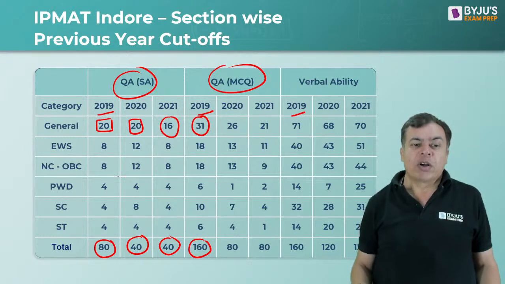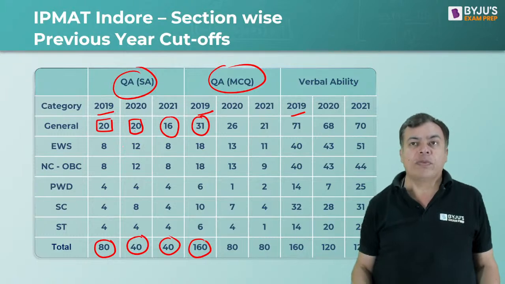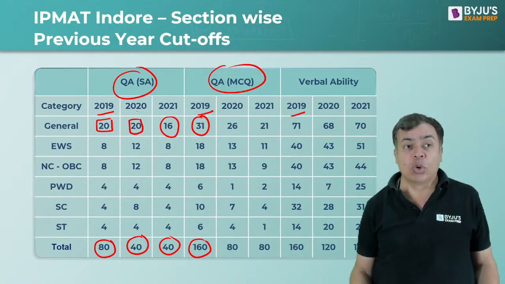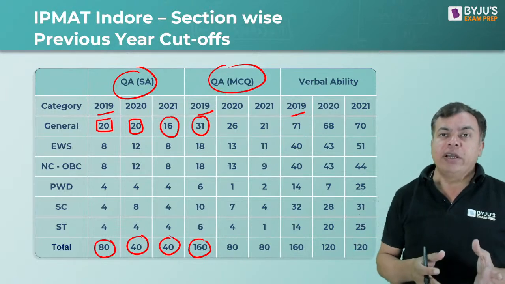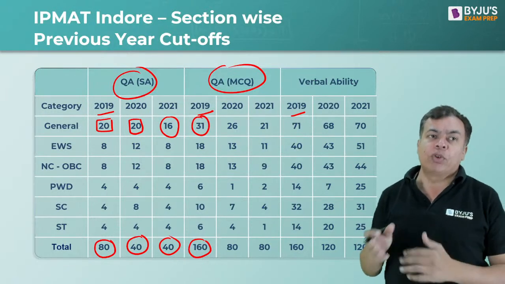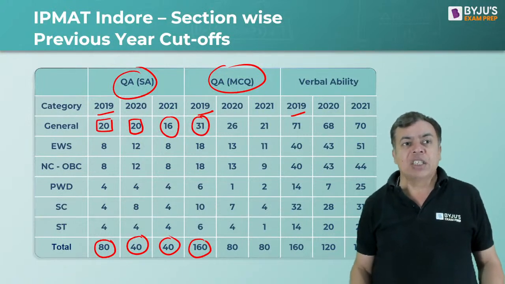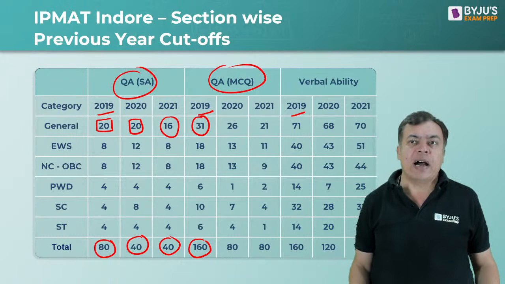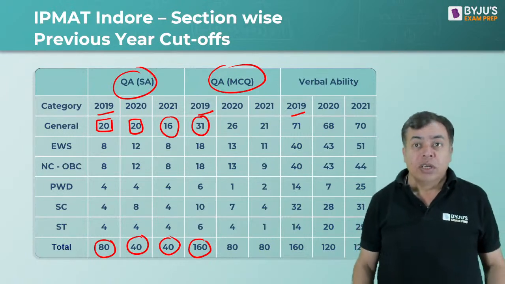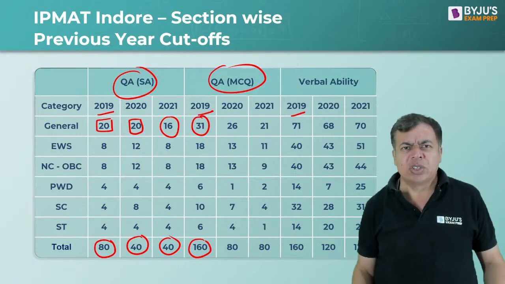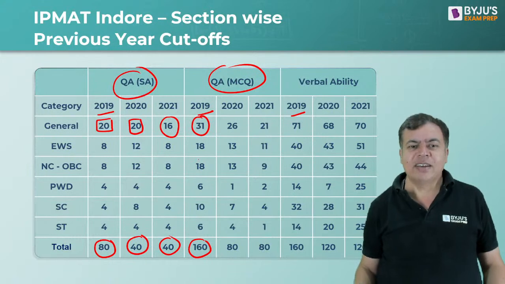Okay, so because the pattern is going back to 40 20 40, you can think of that cutoff will be so low. So if you are not able to attempt any question, you can just skip and move to the next question. That should be the strategy, right? You should do as many easy to average level questions as you can. Easy level question, average level question, not the difficult. You should always skip that difficult question, right?